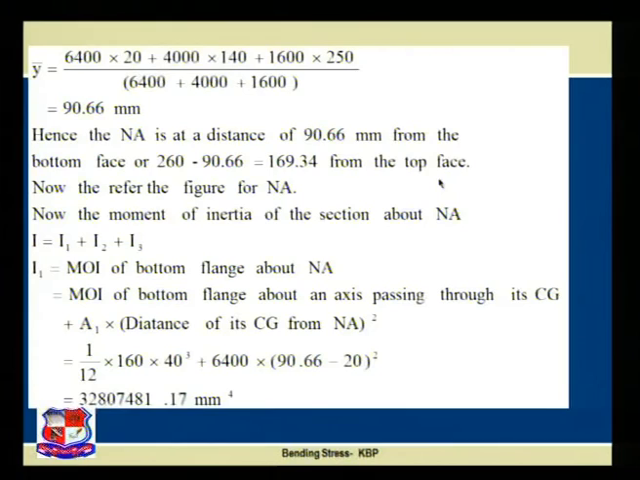Next step is to find out the value of I, that is the moment of inertia of the section about the neutral axis. So I is equal to the summation I1 plus I2 plus I3. So what is the I1? I1 is